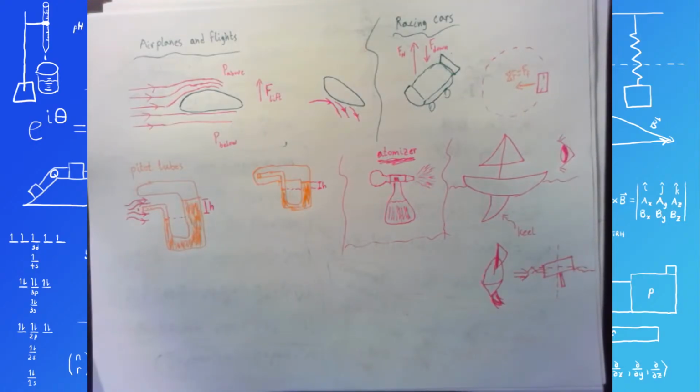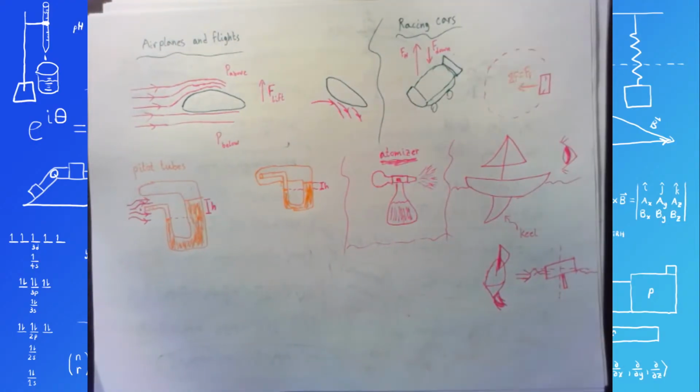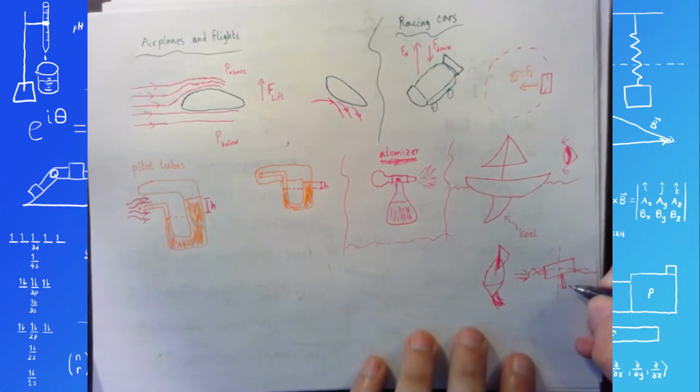In addition to a force kind of similar to the lift or down force in planes and race cars, it's going to generate a force due to pressure differences, due to different flow speeds. It's going to generate a force that pushes this way,